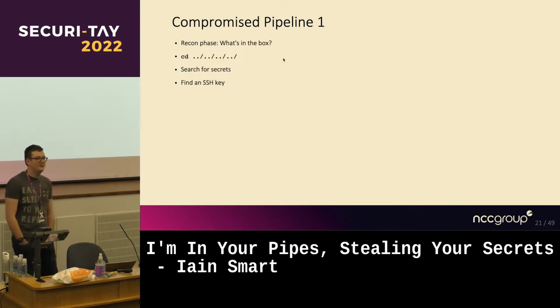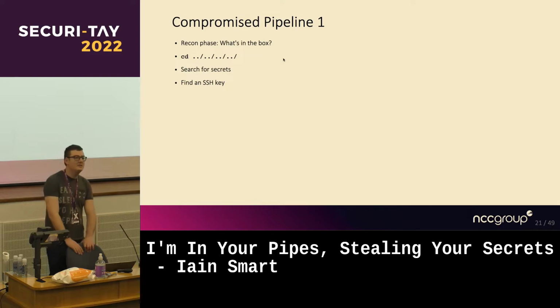Unfortunately, clean environment, so only the required build bits for each of the projects. But what we did find was the container image that was being used, for some reason, had an SSH key in it. So we were grepping around, we ran some kind of secrets grepping tooling, and we found an SSH key and went, that probably shouldn't be there. Is it password protected? No, it's not. Okay, brilliant.